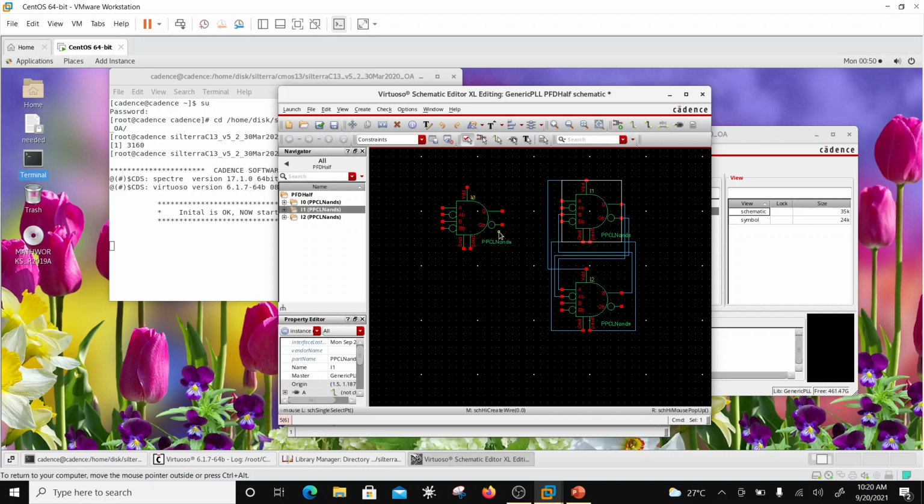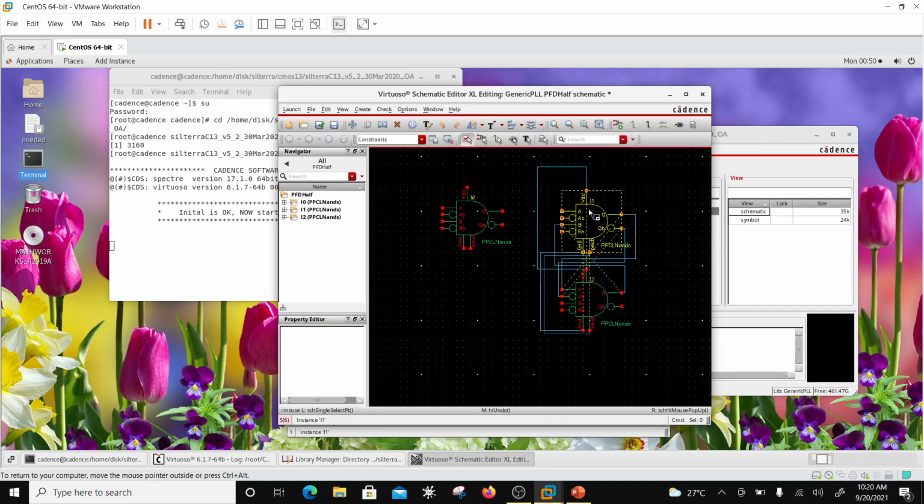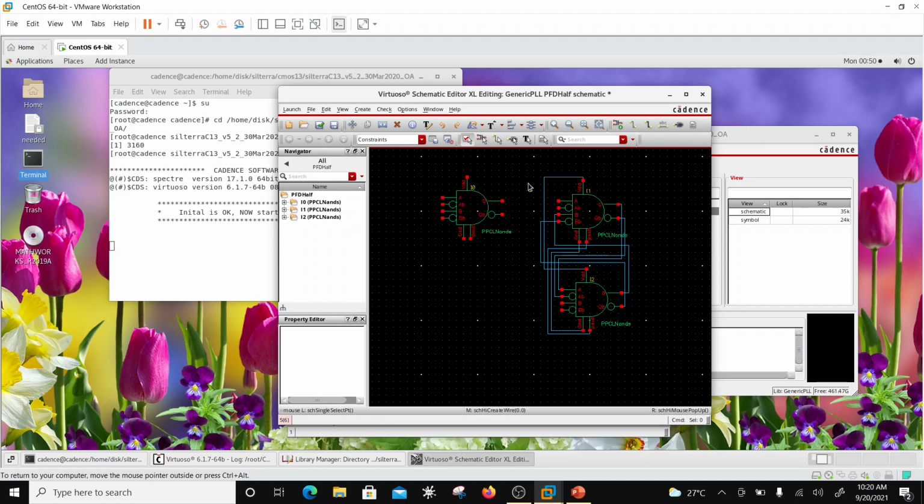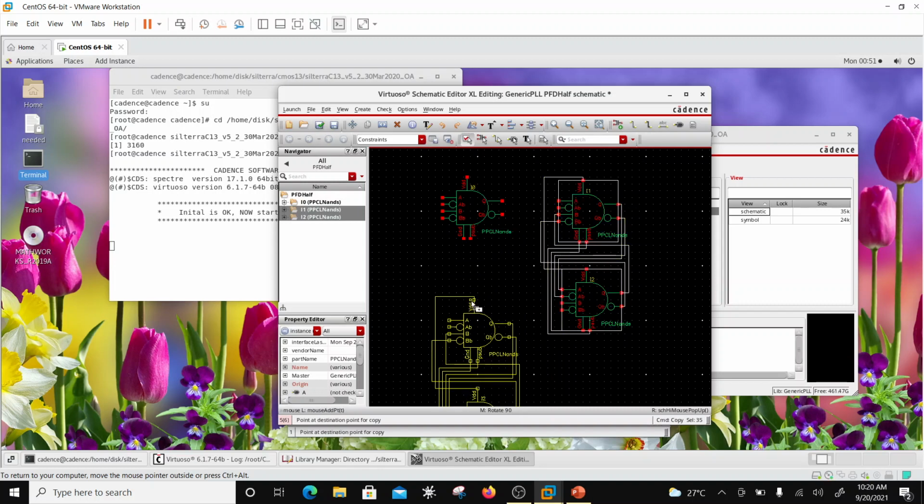Okay, so if I move it, doesn't matter. Okay, Q bar goes to here. These are cross coupled, right? So this leaves behind two inputs, right? Now one of the inputs will come from here. But I have to just repeat this structure again, right? So I am going to take this structure, copy this. This is just a cross coupled structure. I am going to copy it over here,